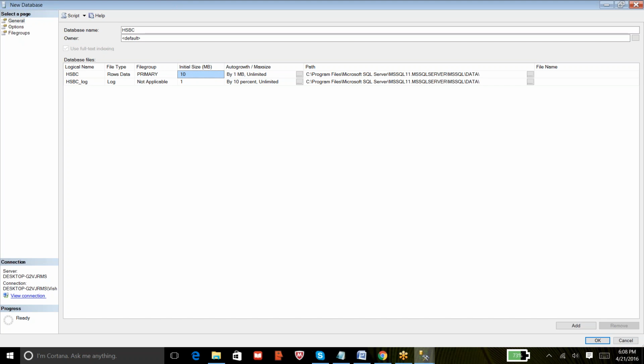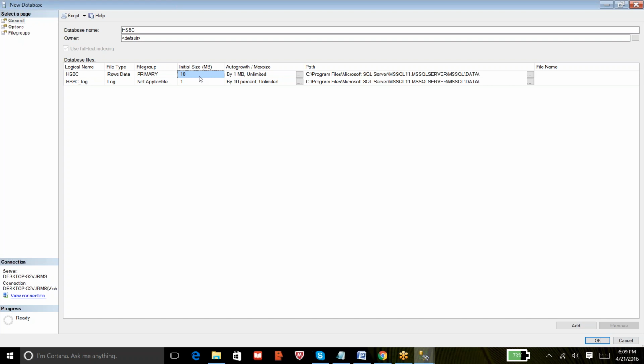Initial size is 10 MB, but when users keep on inserting data in the database, the MDF file will grow gradually. But on what basis does it have to grow? That is what the auto growth settings provide. It says by 1 MB and unlimited. That means whenever my MDF file reaches 10 MB, whenever it gets full, we are just reserving 10 MB for my MDF file.